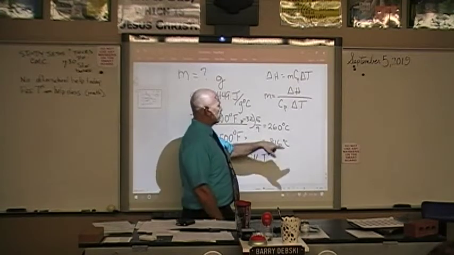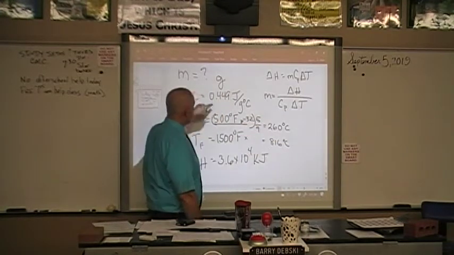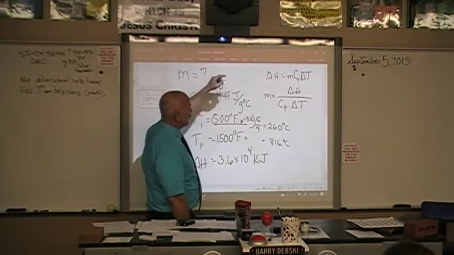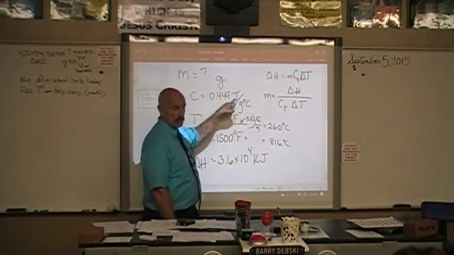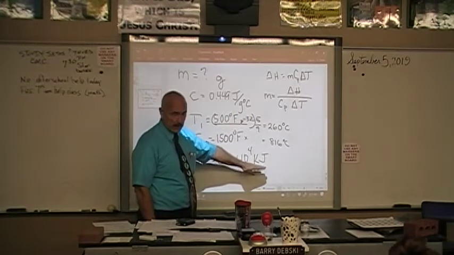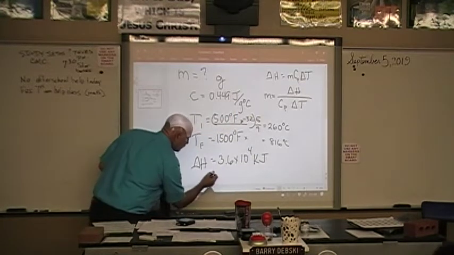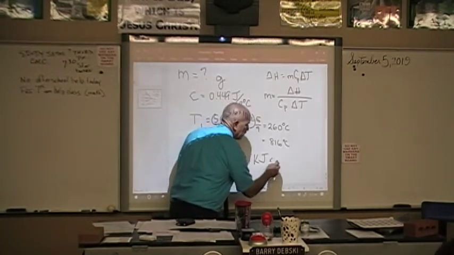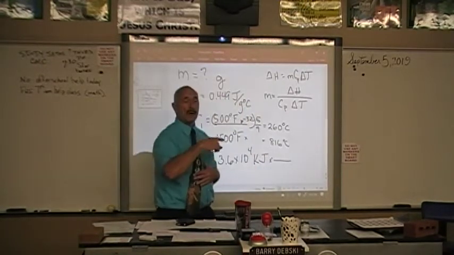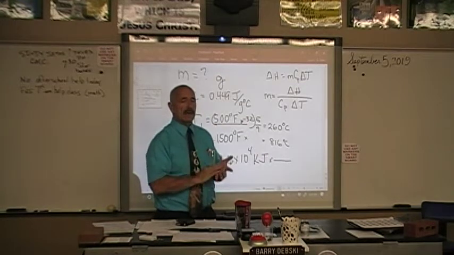Okay, delta T is going to be this minus this. C value is going to be this. Delta H, let's change that into joules so that it cancels out with these joules, okay? Right now I've got 8 kilojoules down here, so I'm going to put that right underneath here. If this is in kilojoules, we're going to multiply by a conversion factor of 1,000 to 1 to change it to joules. There's 1,000 joules